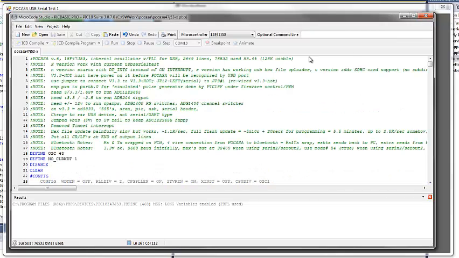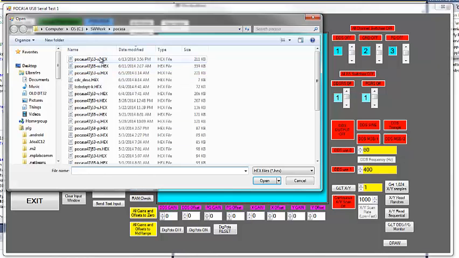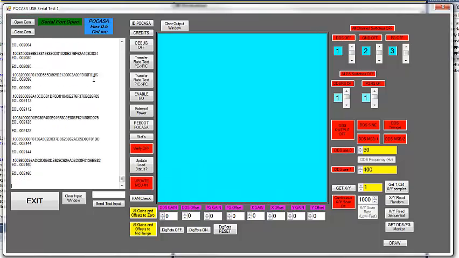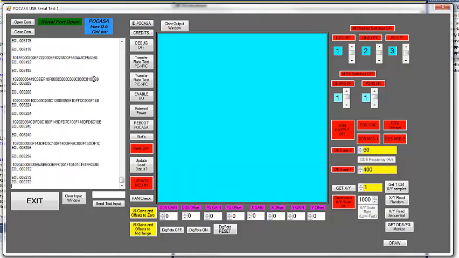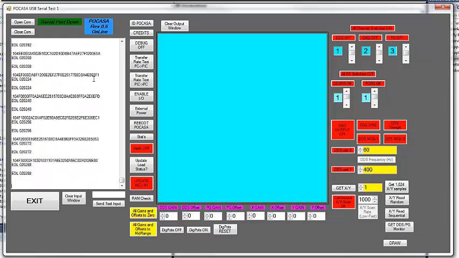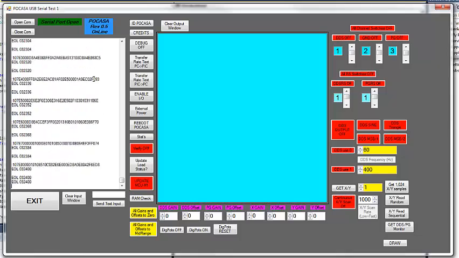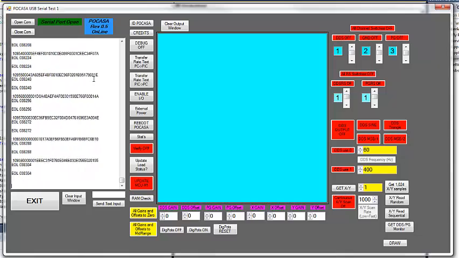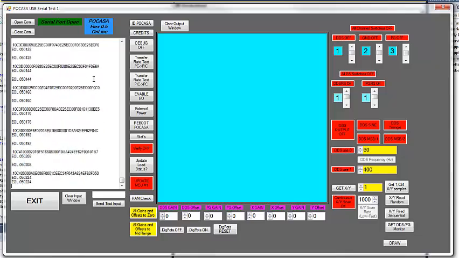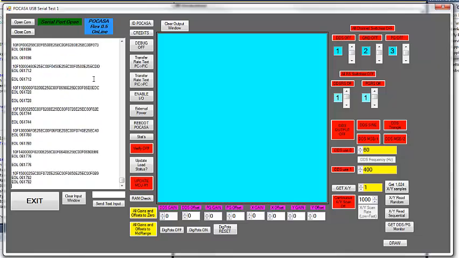$76,532. 58.5% of the flash is being used on the PIC. Let's go ahead and do the update. It's the X version. There it goes. While this is running,